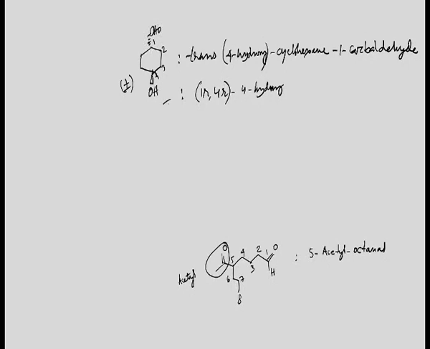So, if it is the plus series, only one chiral enantiomer is there, then it will be like this: 1 R, 4 R you have to draw, carbaldehyde. Like this one, the methyl group,